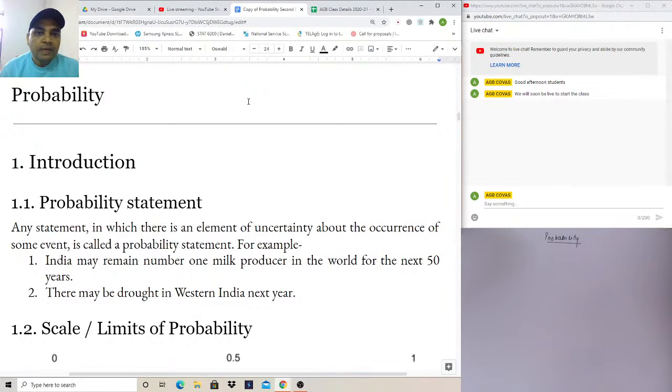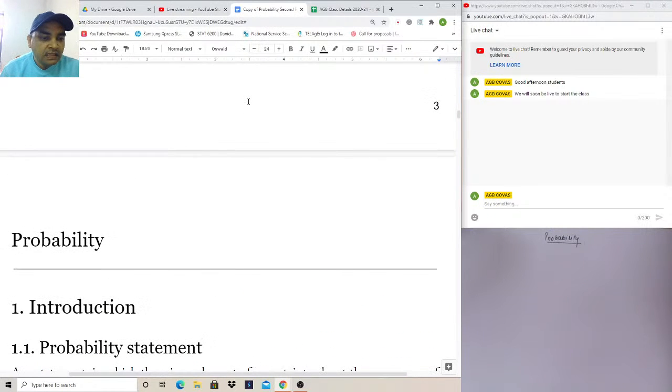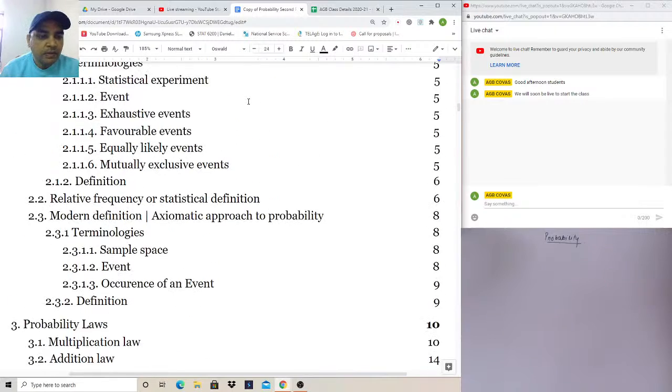So in this series on inferential statistics, the basic foundation has started from probability theory, and probability is the main pillar of inferential statistics. Today we will be starting this third, major part of statistics with the chapter on probability, and we will try to learn the basic concepts of probability. I will be sharing these lectures once this lecture is over.